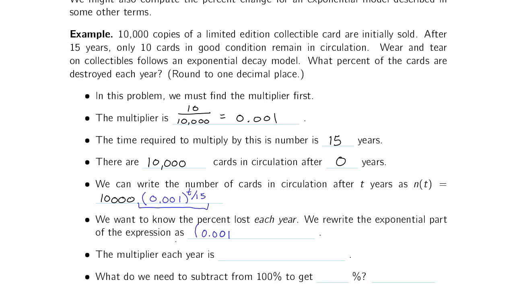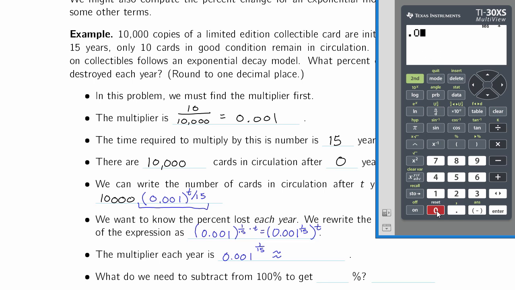So we have 0.001 to the 1/15th times t, which is 0.001 to the 1/15th to the t, using the power of a power rule. So the multiplier each year, every time t goes up by 1, we multiply by 0.001 to the 1/15th, which is about, and I'm going to carry 3 decimal places here for reasons that are going to become clear in a moment, 0.631,